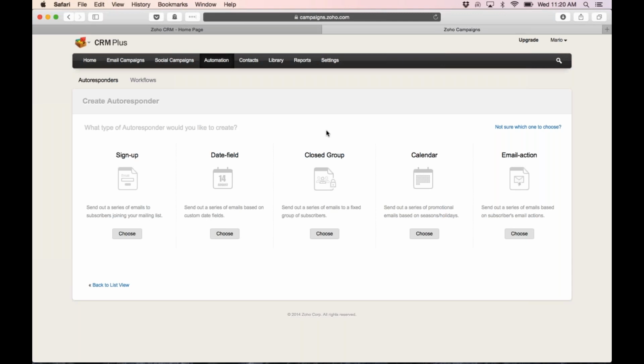A closed group autoresponder allows you to take a group of leads or contacts, or whatever exactly you want to call them, and put them into a group so that they receive a series of emails. So this is really good for lead nurturing. You can send something on day 1, another thing on day 3, another email on day 4, and everyone that gets put into that group will go through that series. There's also the calendar